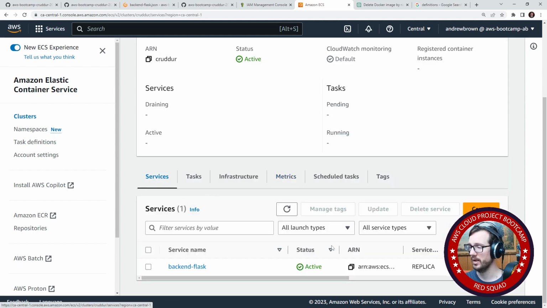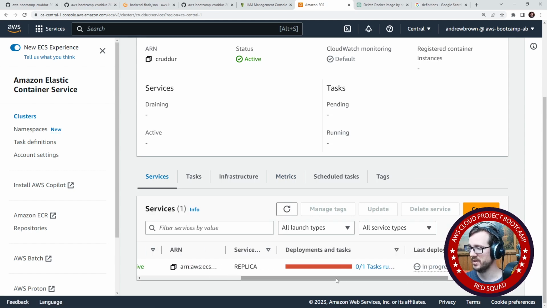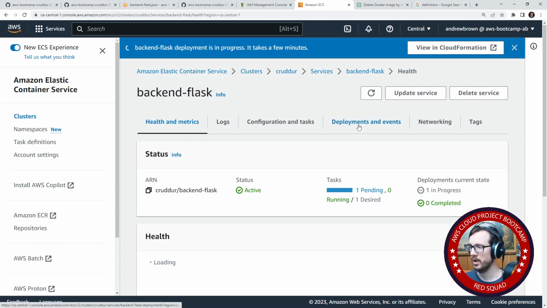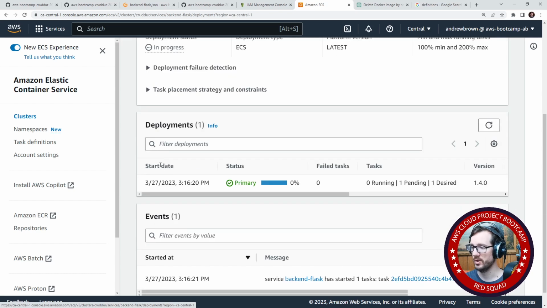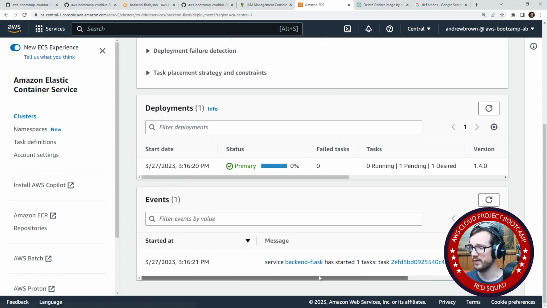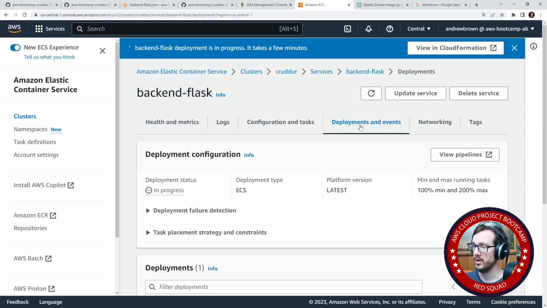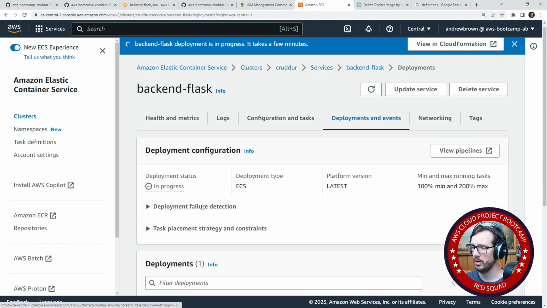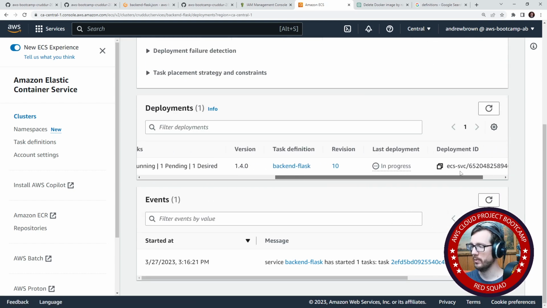Ugh, I didn't click on there. And so notice it says deployments and tasks. Sometimes when this thing fails, you can go to deployment events and see information there. This will tell us what's going on here, if it started, if it ran into some failure, if it ran out of resources. A variety of things could throw up here, but you want to go here and see when that happens. Also, when it does spin up, we'll see logs in here, but we are waiting for this to